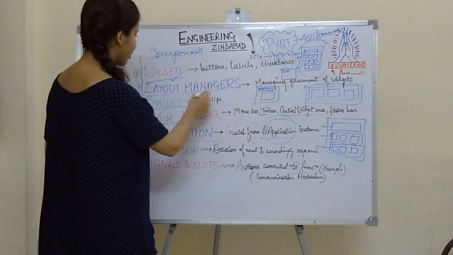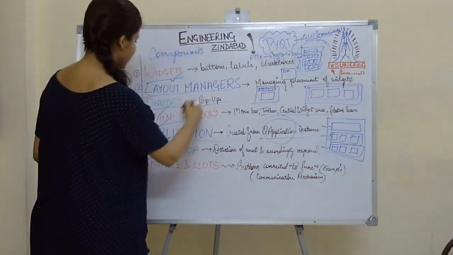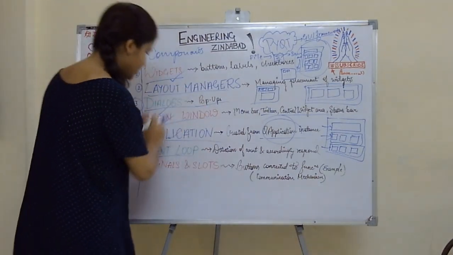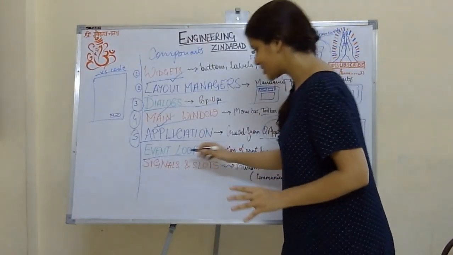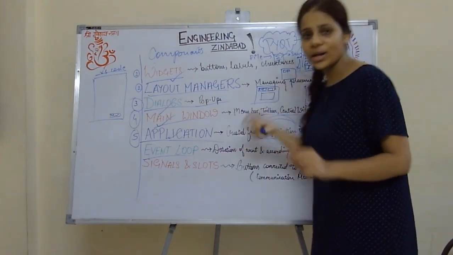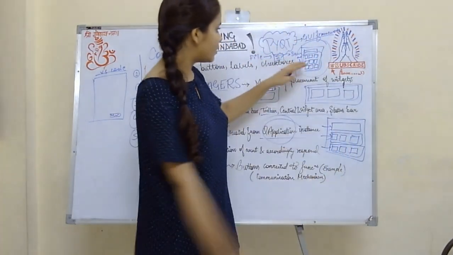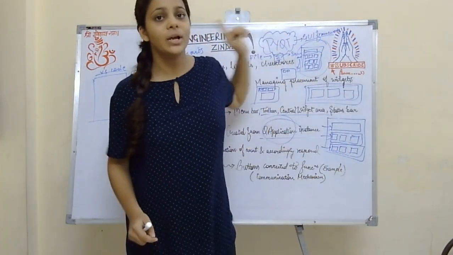We talked about dialogues and layout managers, dialogues, main window, application, widgets, everything is done. Two things are left, and these are the most important ones. When I said that on a calculator, the interaction, when the user says 5 plus